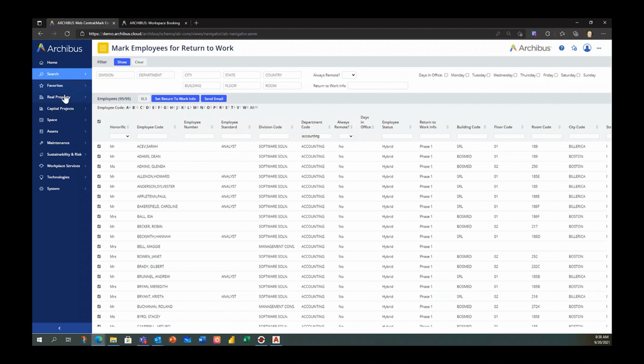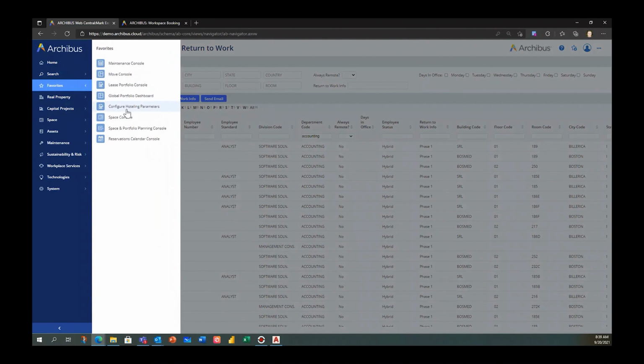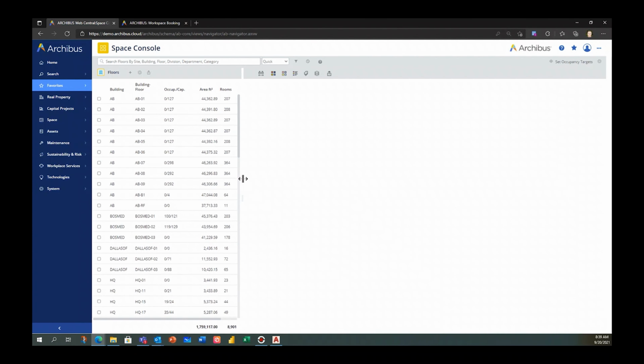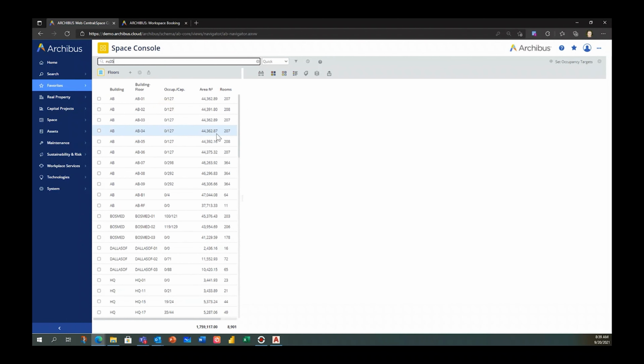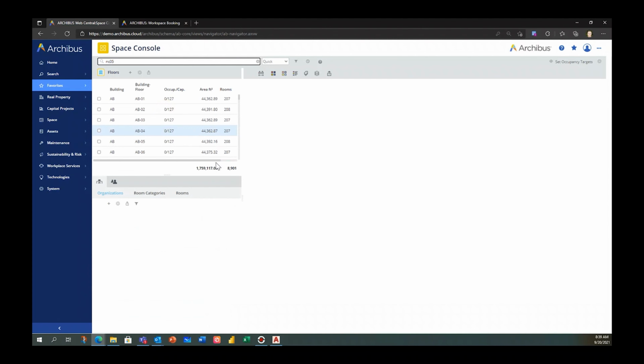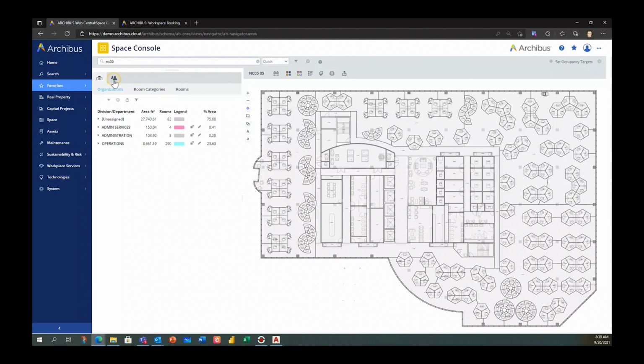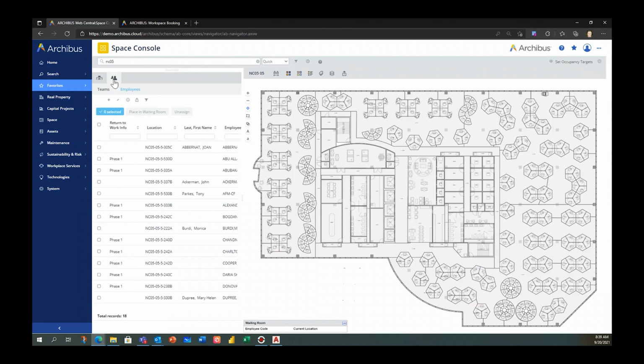Okay, so now let's assume that we've got some hybrid employees, right? What if it is a more traditional fixed seating assignment for these people that are coming back into the office? We actually already took a little bit of a peek at this before, but it wasn't through the lens of return to work. But assigning individuals desks or offices is really, really straightforward. And what you're going to do is not look at your space through the lens of the allocation and et cetera kind of information. We're going to come back into this occupancy view.